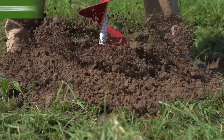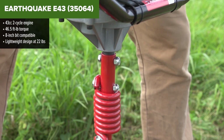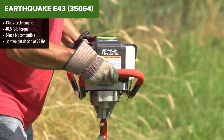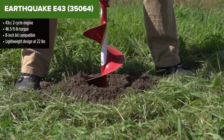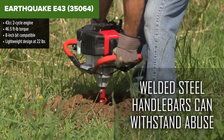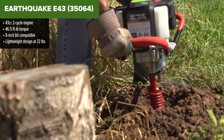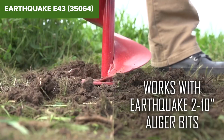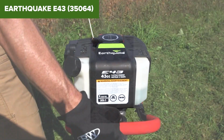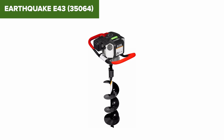Let's kick things off with the Earthquake E43. This auger packs a 43cc 2-cycle Viper engine, delivering 46.5 foot-pounds of torque. It's designed to be lightweight and portable, weighing just 22 pounds, making it easy to maneuver even in tight spaces. The E43 is compatible with a variety of bit sizes, but the most common setup includes an 8-inch auger bit